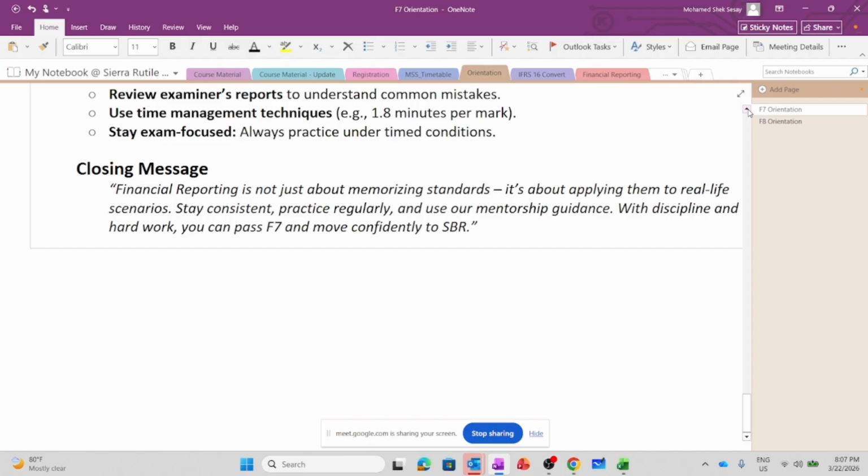I can remember the December examination. I had about 5 students for financial reporting on first attempt, and 4 of them obtained their pass mark on the first attempt. So you don't need to worry about anything. You just need to stay disciplined. You stay with my guidelines and we work together as a team so that we can achieve the pass mark that we want for the June examination.